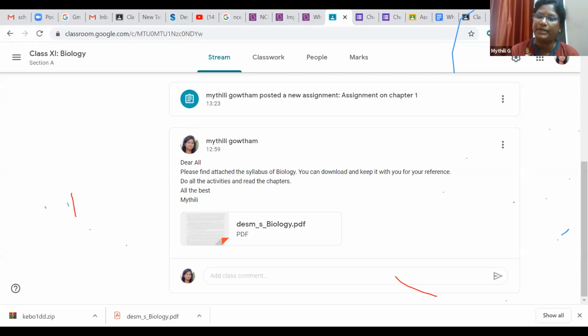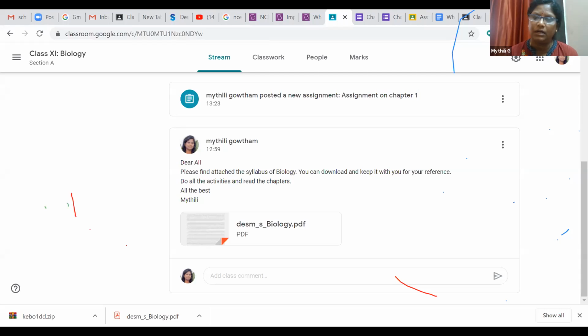For an open-ended assignment, you may not be able to set the timer, because the speed of the student may vary from student to student. For an assignment we cannot control the timing, because assignments are always open-ended. Students will read the content, make notes on it, and then go for the assignment, because they have to fulfill the rubric also. So please don't set a timer for an assignment.